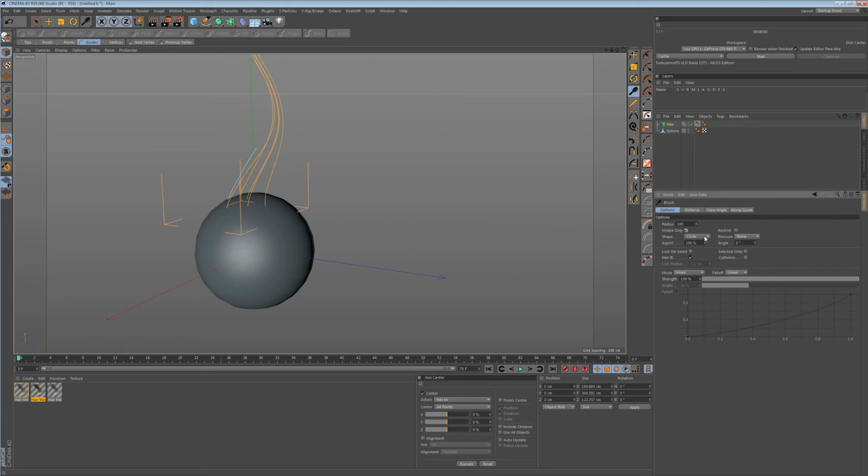The shape is, well, it's the shape of your selection, of your brush, sorry, but it's the same kind of option. But the most important option in the brush tool will be the mode. These are very, very important. By default it's move,